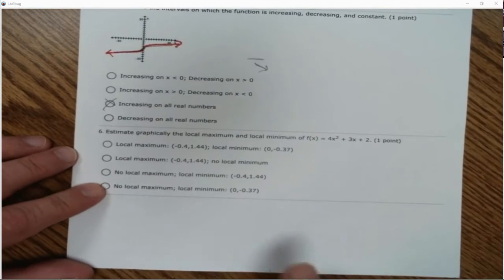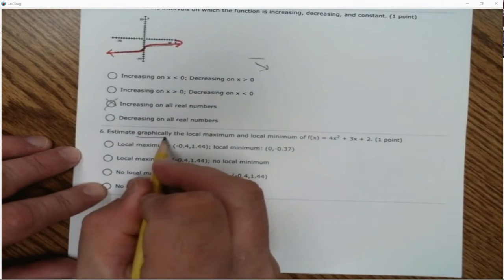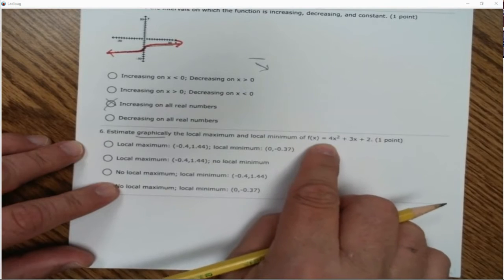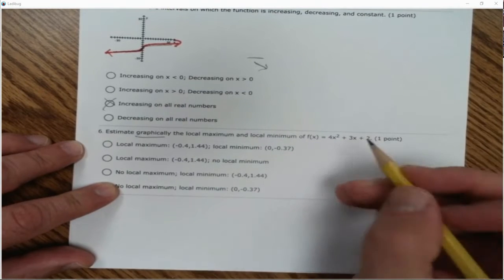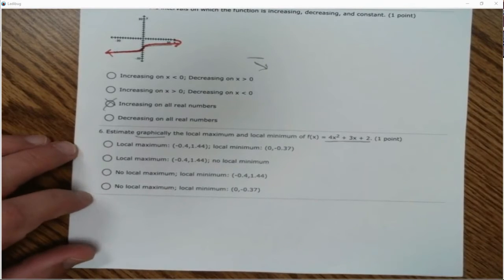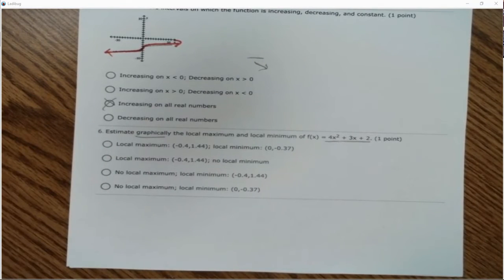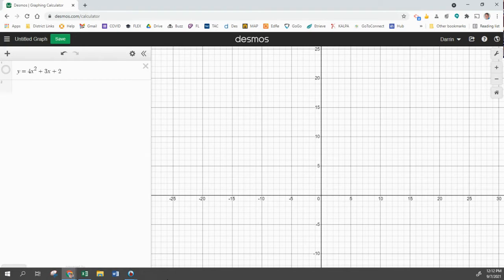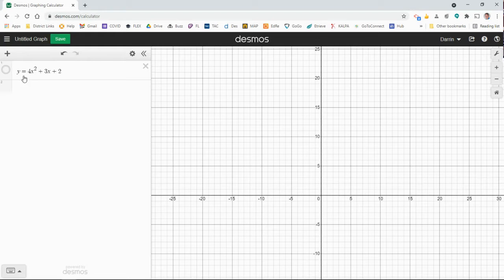Okay, this says estimate graphically the local maximum and local minimum of f of x equals 4x squared plus 3x plus 2. So here's our equation. They didn't give us the graph. They want us to graph it and estimate that graphically. So let's pull up a graph of that then. All right, so here is Desmos.com. I'm using this for my graphing. I have typed the equation right here, y equals 4x squared plus 3x plus 2. So if I turn that on, here is the graph of that,